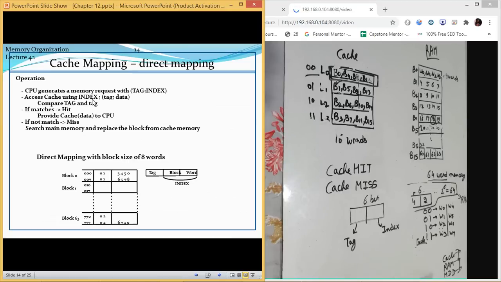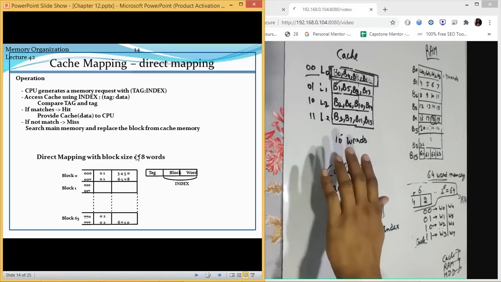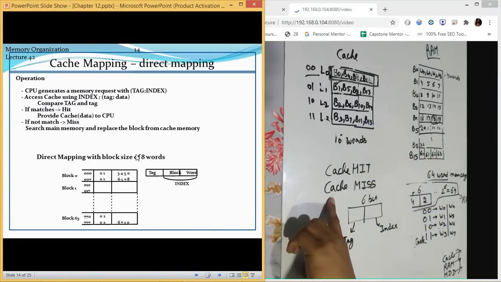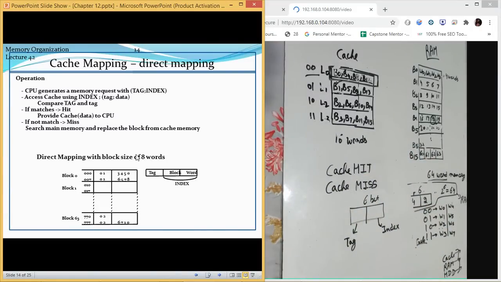That is what we are going to search at this place. Compare the tag and the small tag. One is used for your cache and one is used for your RAM. So it is just comparing two values. If both the values are the same, it means the same content is here inside the cache. If the content is the same, then it is not going to perform anything. It is simply going to pick the data and access it. If it is a cache miss, it will bring the data from RAM to cache. That is what it is going to do.